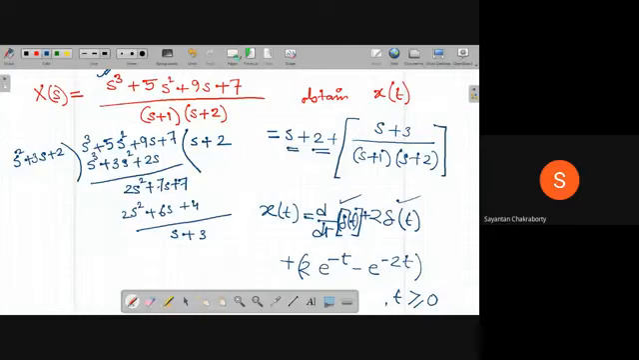So the next case that we may face is simple complex conjugate poles. That is, a system having complex conjugate poles of the nature